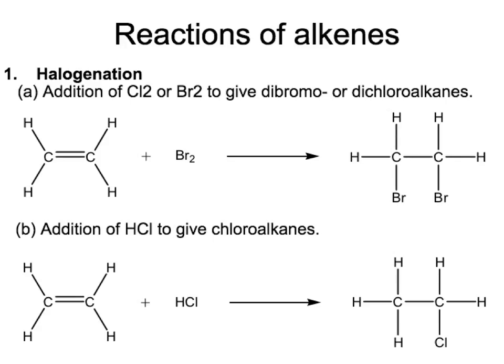Alright, this is the reactions of alkenes. So alkenes generally undergo addition reactions and oxidation reactions. Alkenes, because of the double bond, are quite reactive because they want to get rid of the double bond and then add things on. So the first type of reaction that you will experience is halogenation, and you're either adding